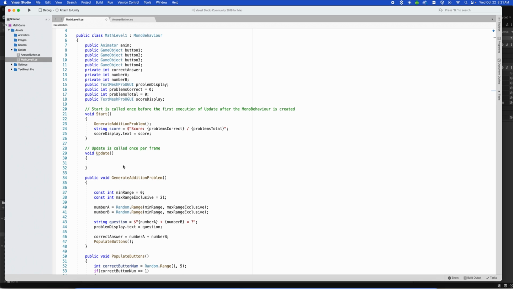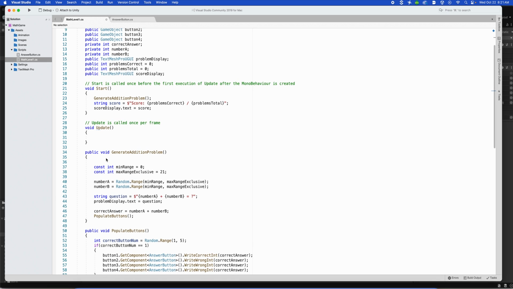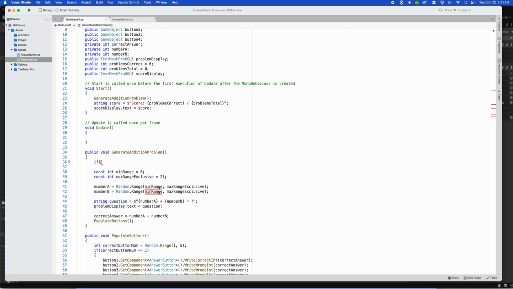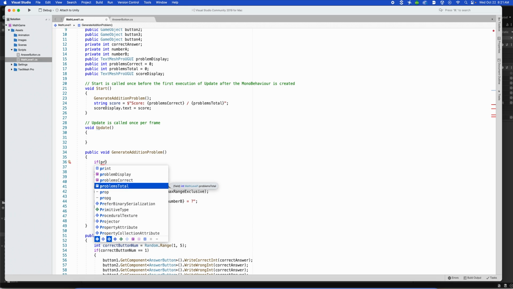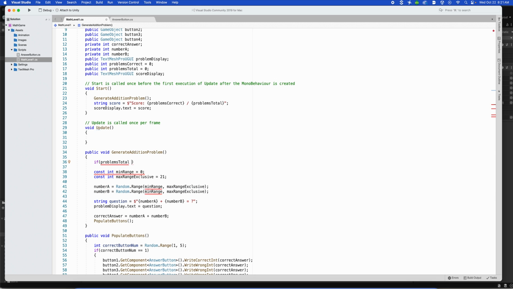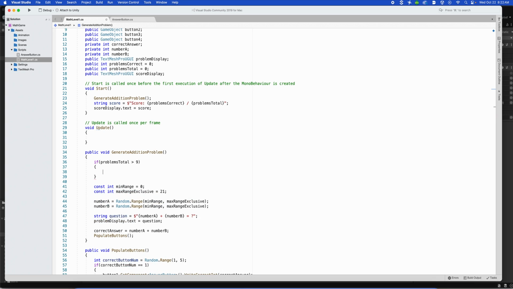Right here, we're going to write an if statement that checks if problem total equals 10. Sometimes I'll do greater than 9, just in case some weird thing happens where you click and it gets two submissions somehow. But equals 10 should have worked as well. If problems equals 10, then we want to